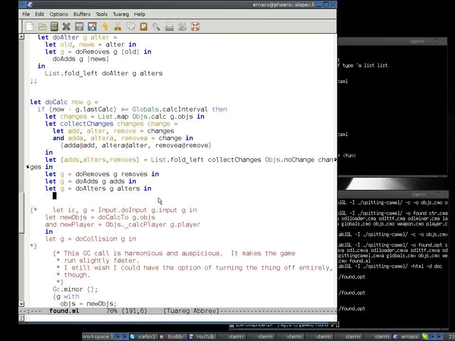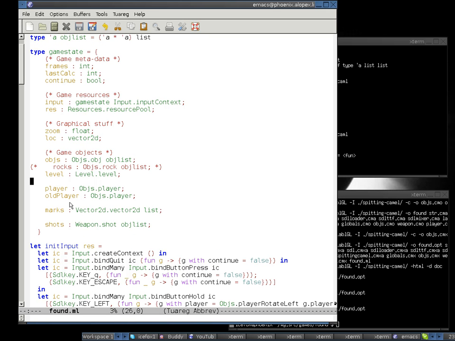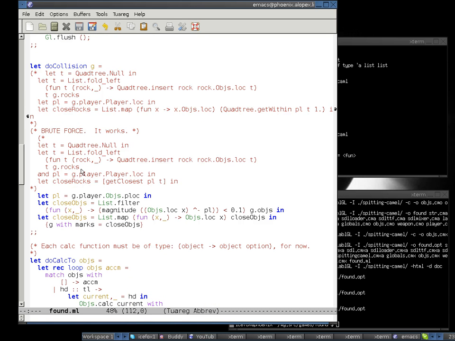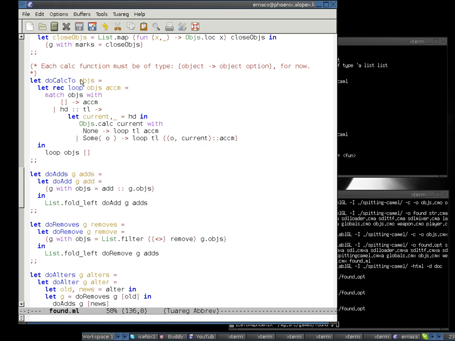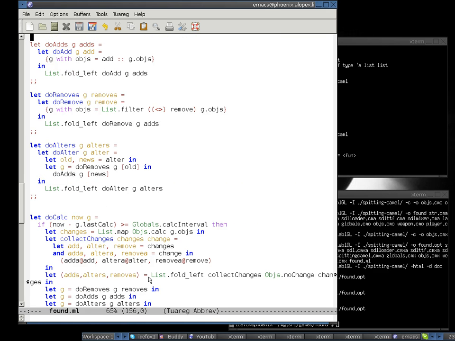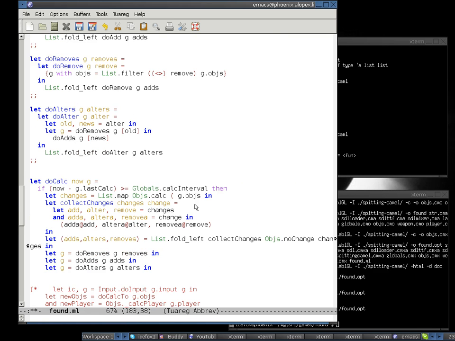Except for a couple issues. One, the player is not in the list of objects, which is a bit of an irritating problem, because we need a reference to the player specifically because the player does a lot of unique stuff, but we also want it to be treated just like any other object, and have a lot of the same calculations done to it, like drawing and calculating new positions. So we have it as a separate object in the game